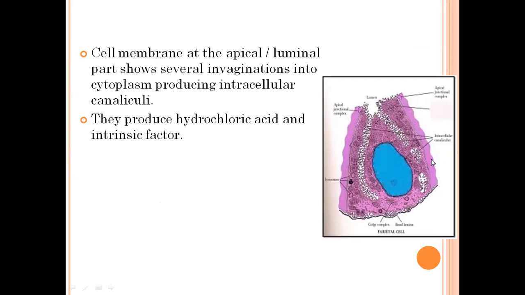Suppose we look at an individual cell under the electron microscope, it looks like this. So these parietal cells have a cell membrane at the apical or luminal